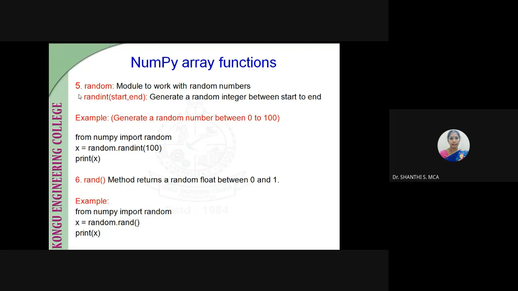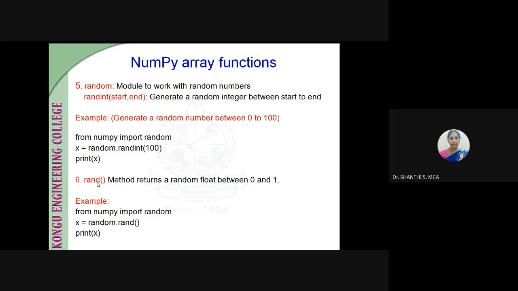This randint function is used to generate an integer random number between a start and an end. Here we have given x equal to random.randint of 100. So this will generate a random number from 0 to 100. Here the start limit is not given. If it is not given, by default it will take it as 0.